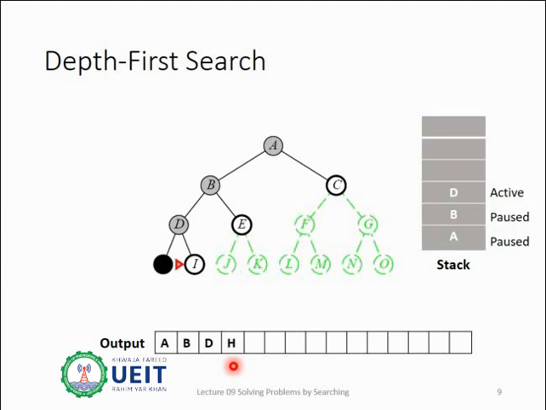When a dead end is reached, the DFS algorithm starts to backtrack. This is where the stack data structure comes in handy. As H is a leaf node and it has no children, it would be removed from the stack. But the output array would have its information saved for printing the final sequence of DFS traversal. When H is removed from the stack, the node after H in the stack, which is D, will regain the status of active. This is backtracking, as we have backtracked from child to parent node.